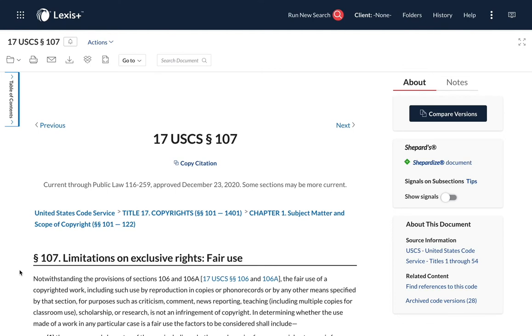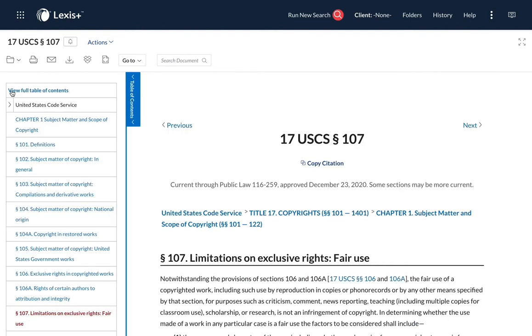After you have read your statutory section, expand the table of contents to understand how the specific statutory section fits within the rest of the code.